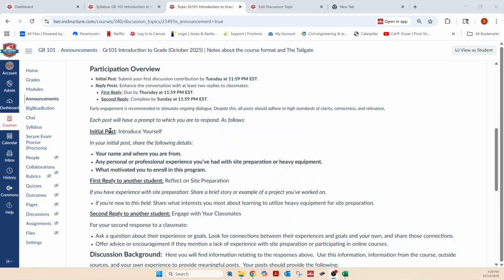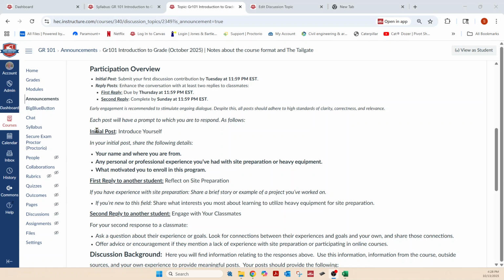If the post that you're writing is not labeled, you may have 300 words up there just all written together, and somewhere in those 300 words in your mind is an initial post, a first reply to another student, a second reply to another student. That's the way you thought about it. Let me tell you something.